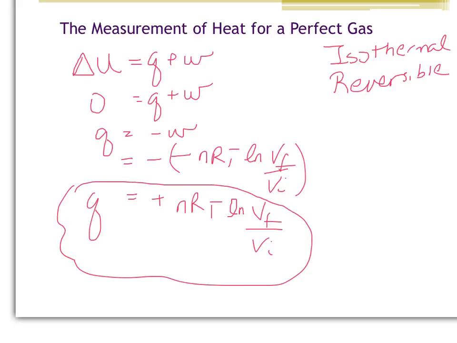And so we're not going to look at an example of this equation because it's simply the same type of example that we saw when we calculated work for an isothermal reversible expansion, except we just take the opposite sign. So what we are going to do though